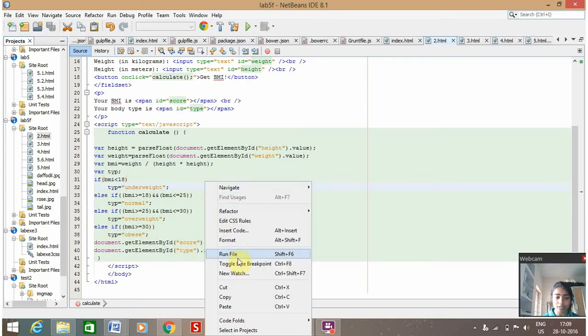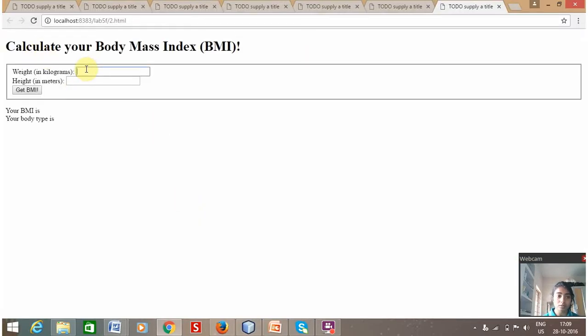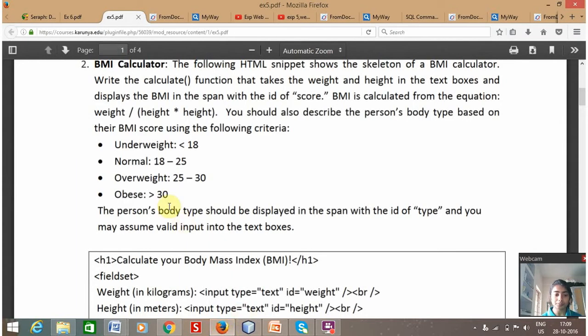So this is the output. When we give the kilograms and meters, and when we press the button, here we get the BMI and then the type, the body type. And then the next question